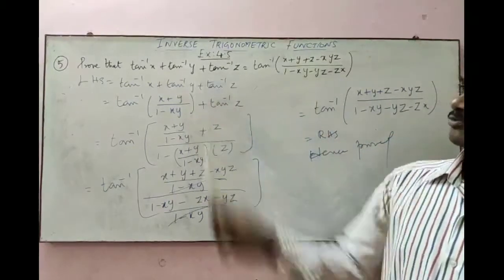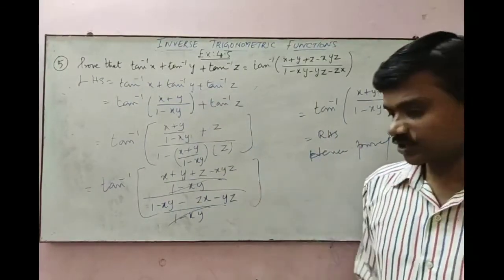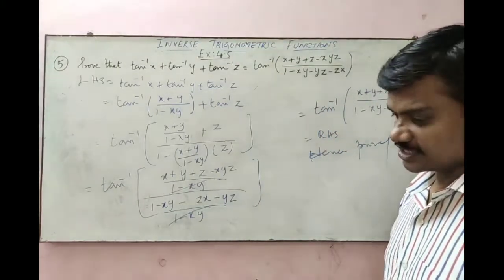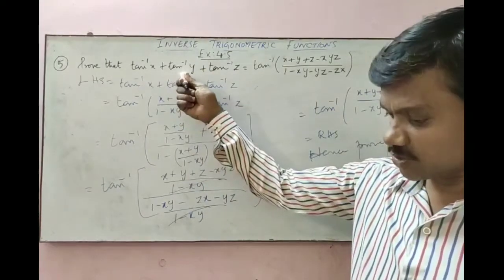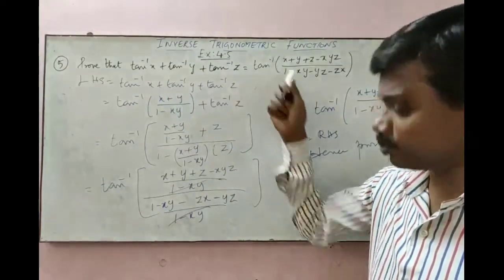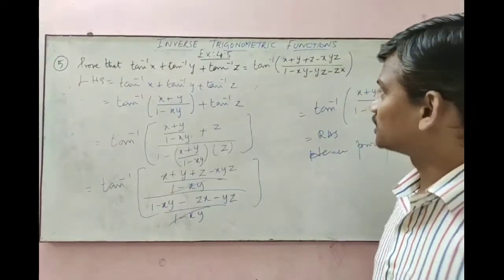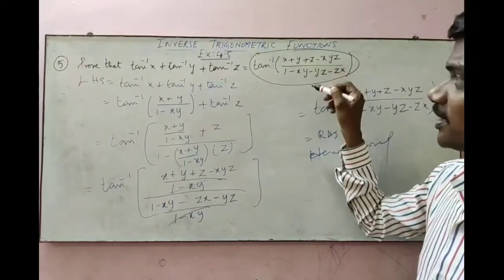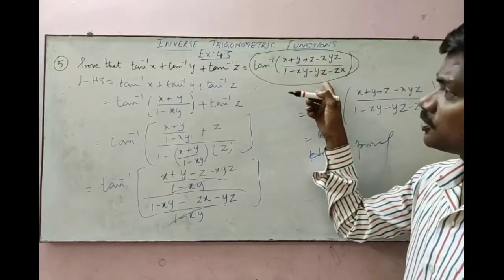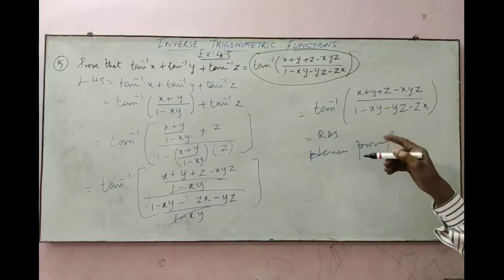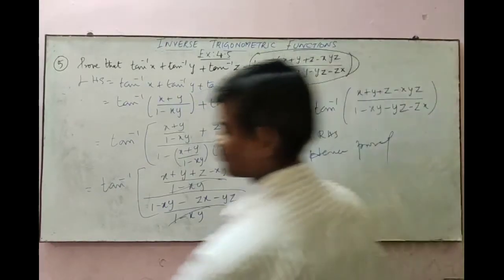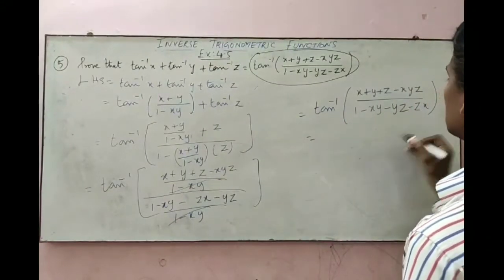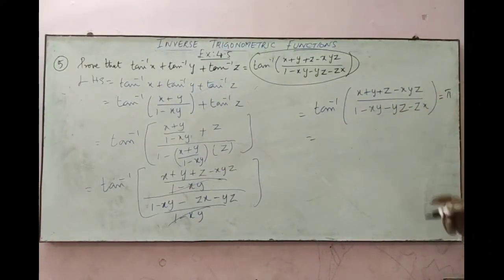Using this same value, we can do the sixth sum. In this sixth sum, the left hand side is tan inverse of x plus tan inverse of y plus tan inverse of z equal to pi. Then you can show that. That means the right hand side they give the value as pi. So you can use the same answer here. I am going to continue with the same sum. So this right hand side is pi. So the answer for this is pi.